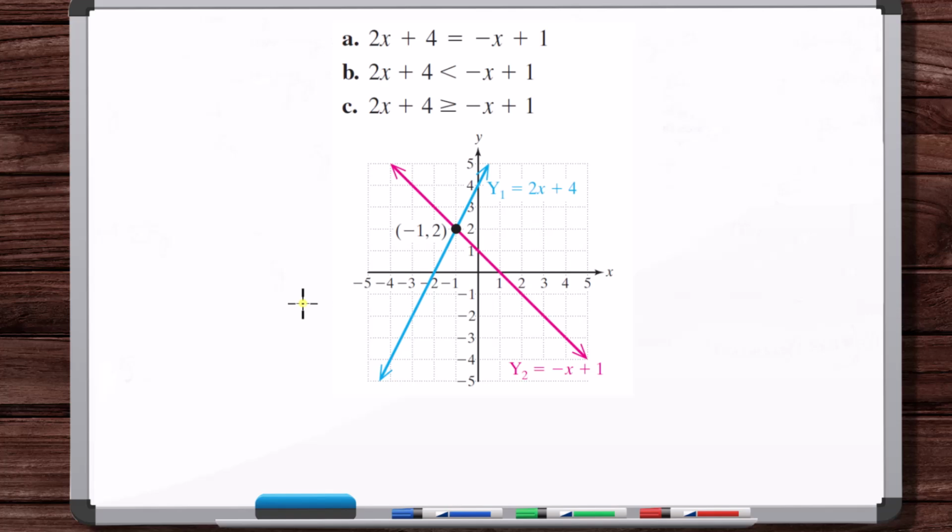In this video, we're going to work example problems where we solve equations and inequalities graphically. So if we take a look at this first example, we see that for each of these equations and inequalities, the expression on the left side is 2x plus 4, and the expression on the right side is minus x plus 1. Now this first example is simple because we can see each of these are linear,